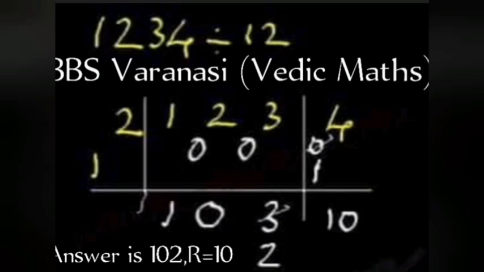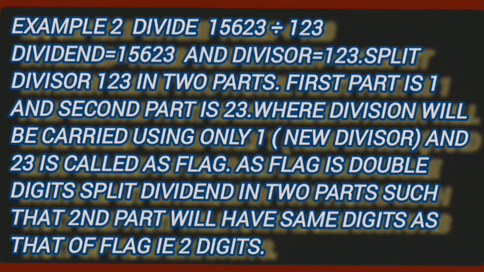We carry on this method until we don't have a negative subtraction. Now multiply the new quotient 2 with flag 2 and subtract this product from 14 to get 10, positive, and put it down as it is. So the final answer is quotient 102 and remainder 10. Thank you. Next example for you.